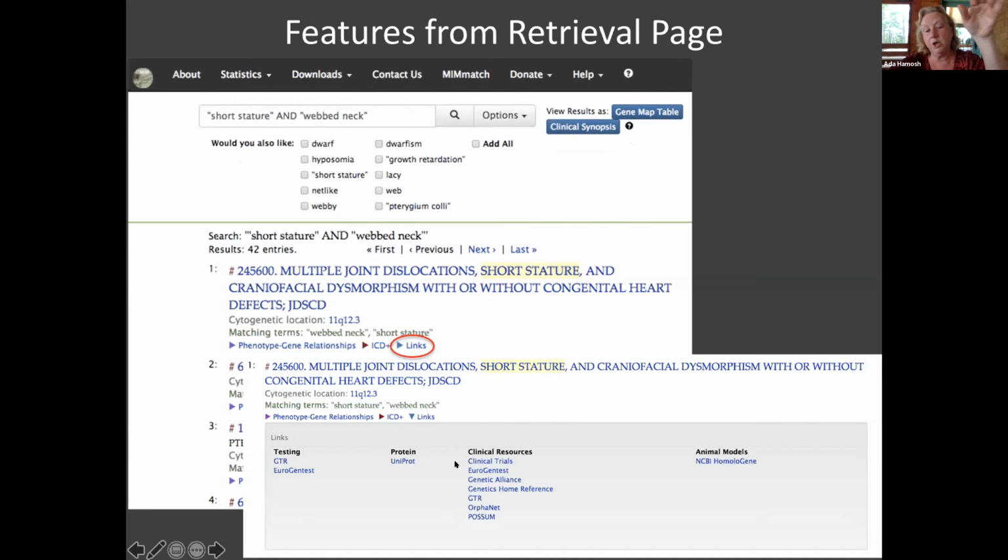So if you wanted to, you want to go into OMIM because what you want to do is get to clinical trials, and you don't want to go and read anything. You just need to know if there's a clinical trial for this condition. You can click that and go to that page with that search. Okay.